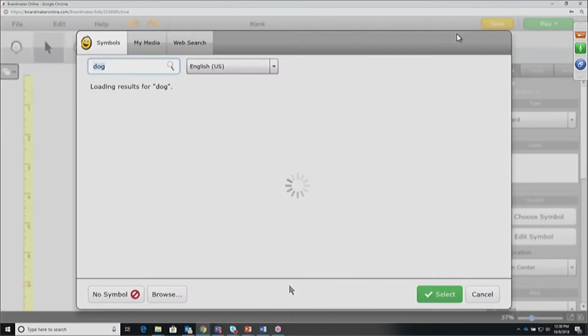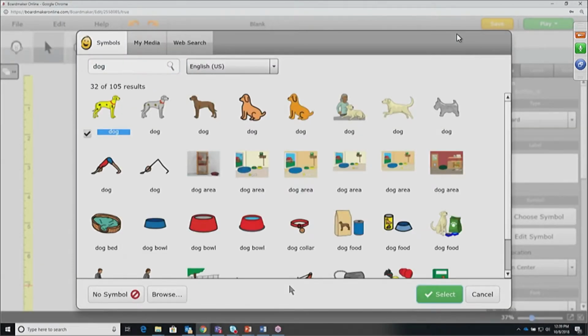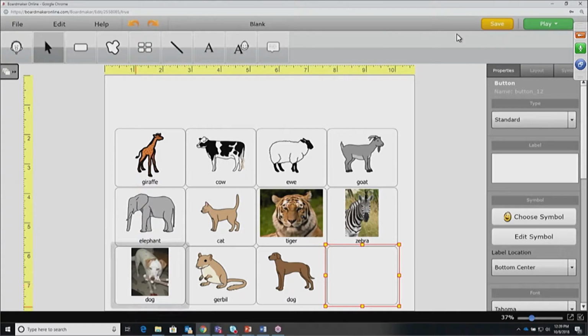So what the question was about was symbol editing. We can make changes to symbols if you want to. Let's just look at your page, and we do it one at a time. So just click on any one of your BoardMaker symbols that's in a button. And then directly over to the side, we're going to talk all about this properties panel, but with this button selected, I can see the button that says edit symbol. Click edit symbol,